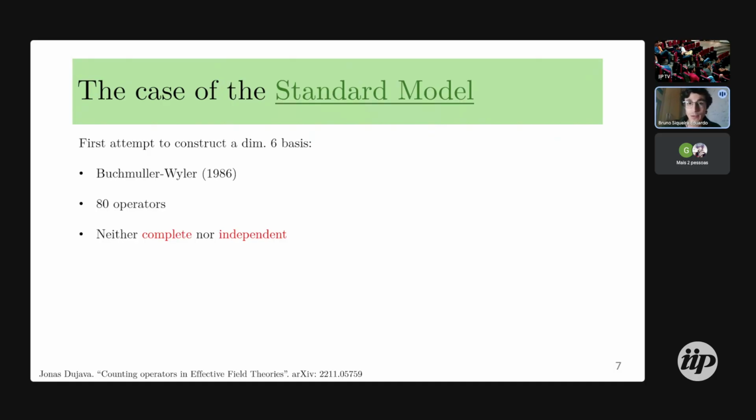So there were operators missing, and many of the operators they showed were actually redundant between themselves. So you could perform, for example, field redefinitions,